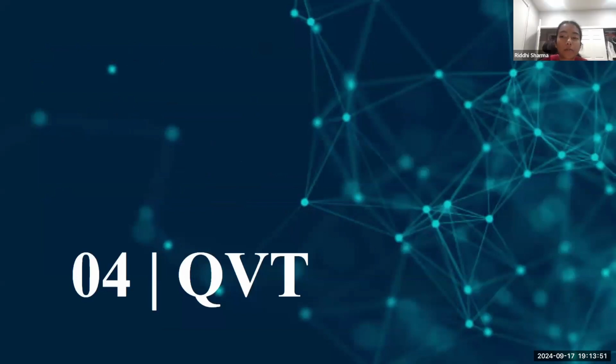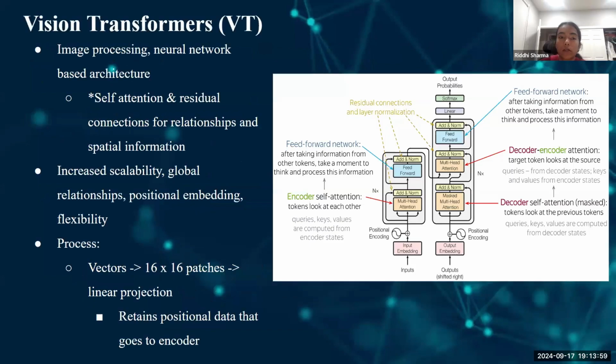So the last part of our model is the QVT, the quantum vision transformers, and right now we're working on training and testing. Before we delve into the quantum aspect of the QVT, let's analyze the classical model first. Vision transformers are an image processing-based neural network architecture that has recently grown quickly by combining powerful techniques such